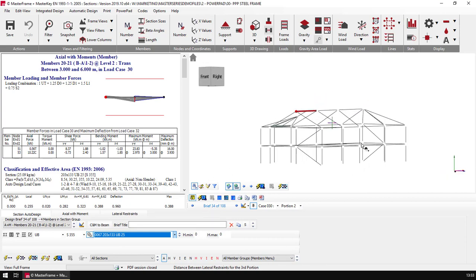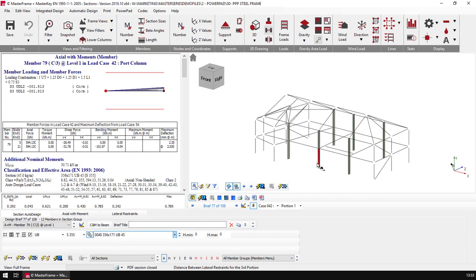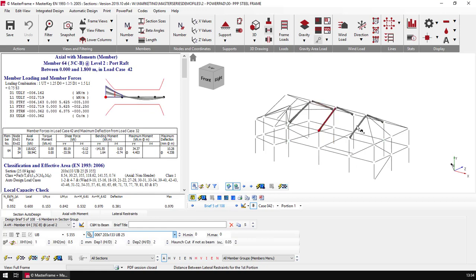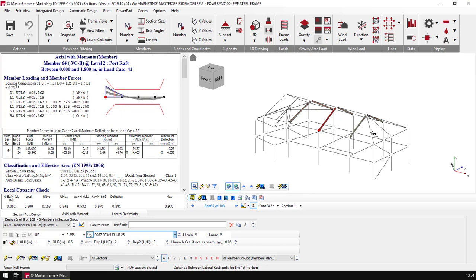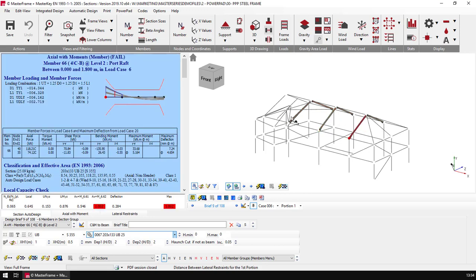So that's how easy it is to design. And if we look at our columns, our main portalized columns, we can see the upper portions are all looking good until we come to say this one, and everything looks to be okay. If I look at my rafters, they all look to be, well, they were looking okay out here, but with this big point load coming through from the jacking rafter, we're just outside and we're less than